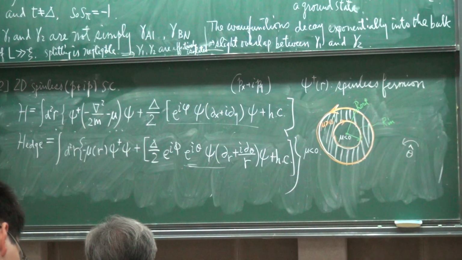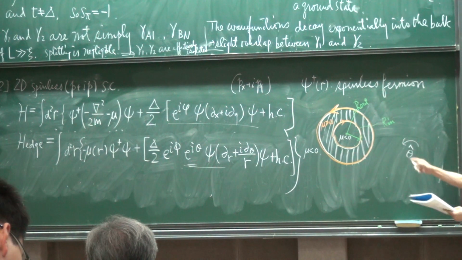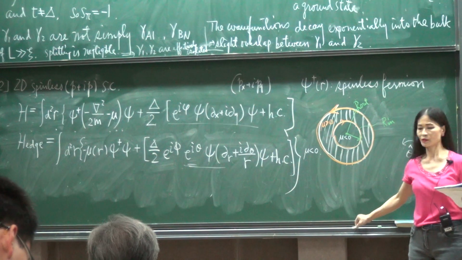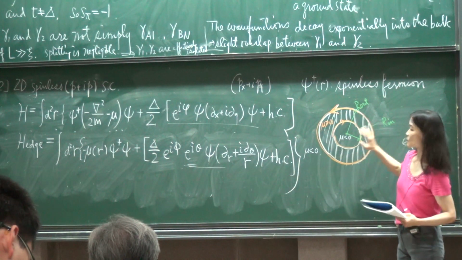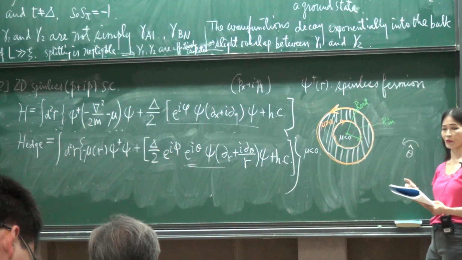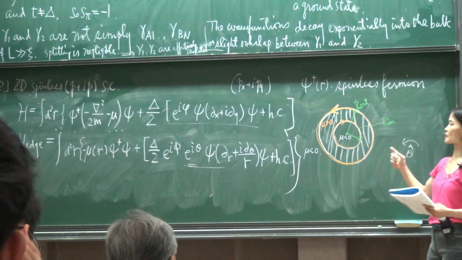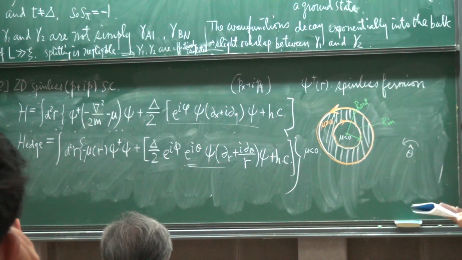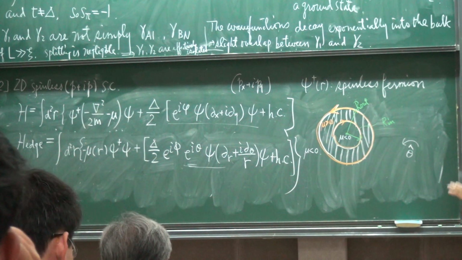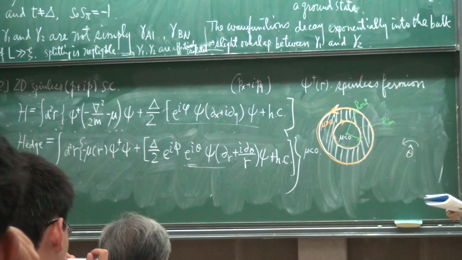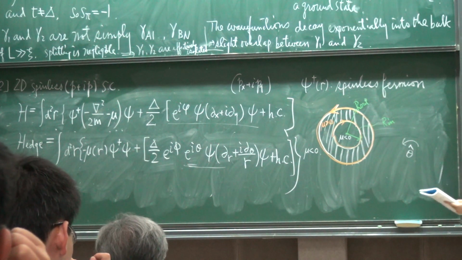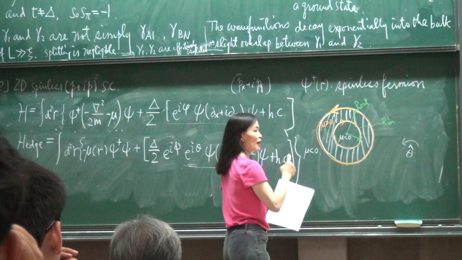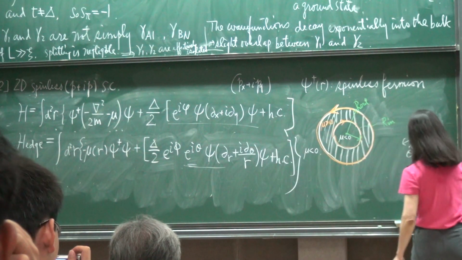So that's one thing. And you can prove that this wave function is a Majorana function, because for a Majorana fermion, the creation and annihilation operators are the same. I don't have time to show you this because this derivation alone probably will take half an hour. And we don't even have half an hour, we have 20 minutes left. But this is the situation that you will have. So I will just do a qualitative description.